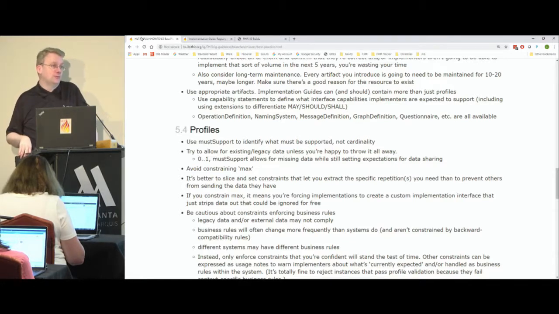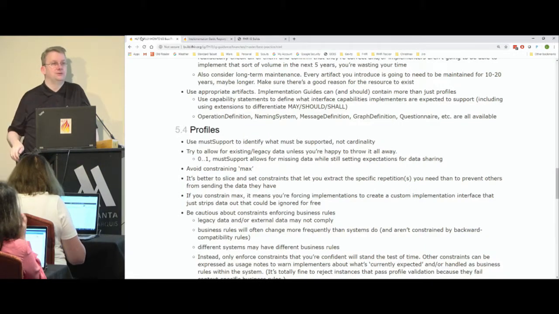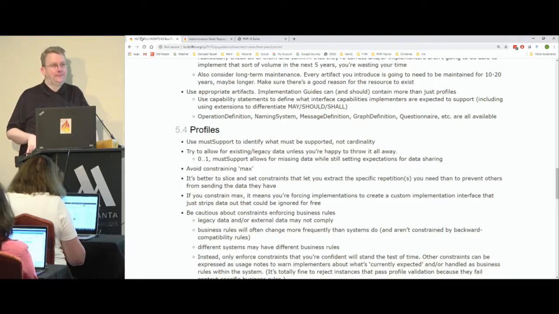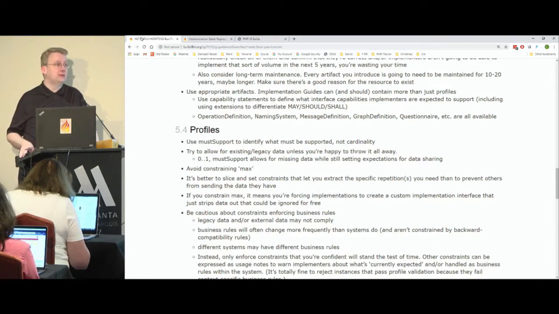Most people will not care about the extension and will ignore it and have the names that they care about, but you can extract the one that you particularly need. If you choose to not do things that way, and say, I want you to give me only one name, then that means that anybody who's talking to you has to create a specific interface for your system that filters out the name that you want, and they will be maintaining forevermore an interface that's targeted at your